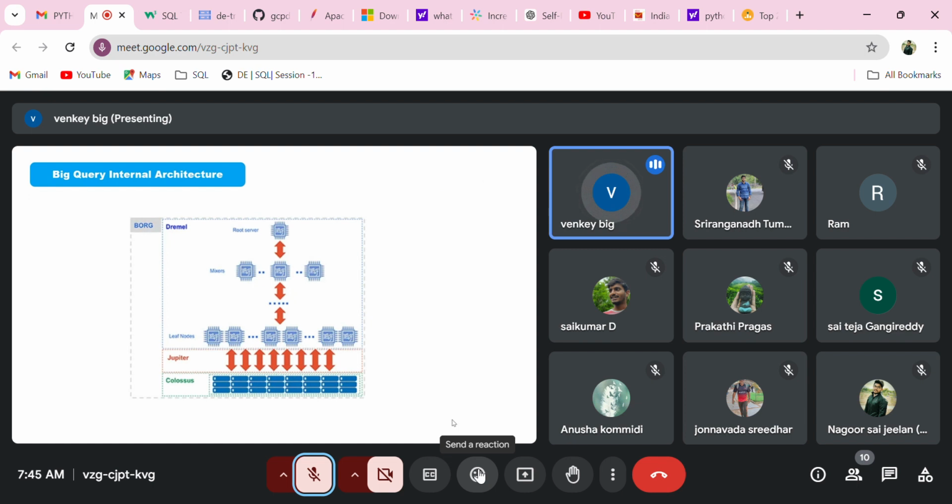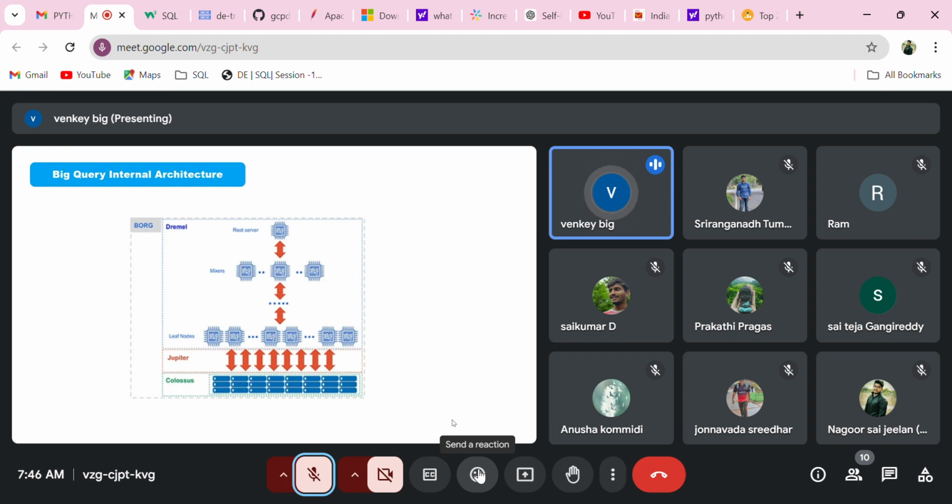So I told you, right? Dremel execution framework will follow one compute architecture. So what is that architecture? Dremel has a root server, which will be the master node. This root server will accept the request from the client, acts as a master server, takes the request from the client, gives the response back to the client, and also